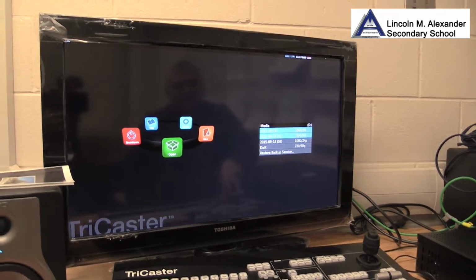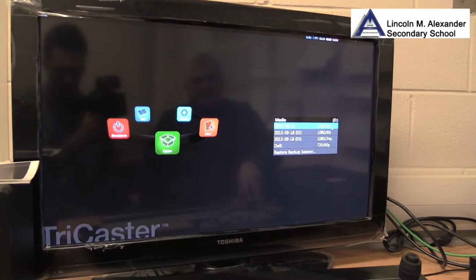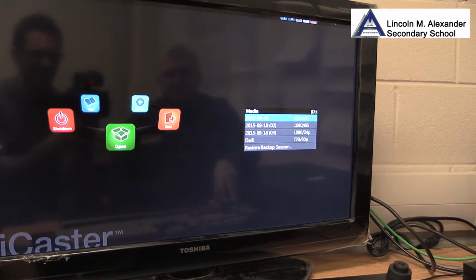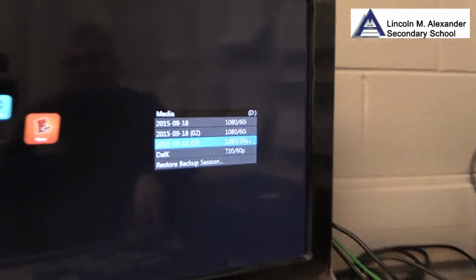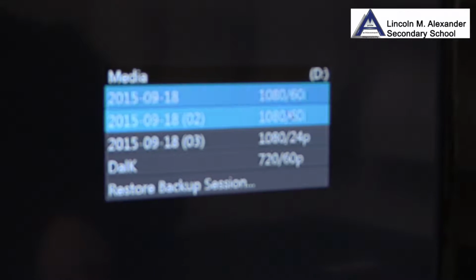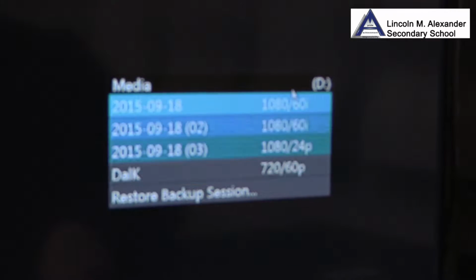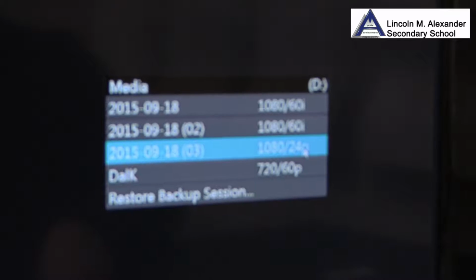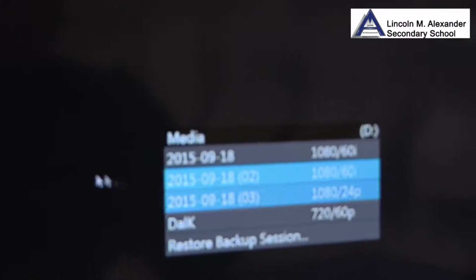You can see right here it says 1080 60i. You don't want to use interlaced video, you want to use progressive, which is the P. None of these flavors are ones that we want to use. 24 is more of a film rate. What we want to use is, I'll show you as I open this, open a new session, give it a